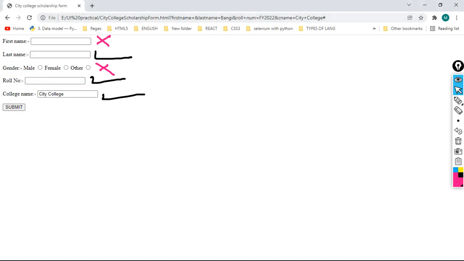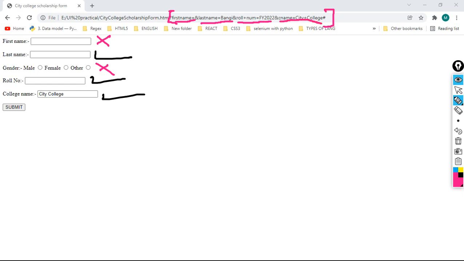I have clicked on submit. See, observe, my form is submitted. See here, observe carefully. From here to here it is the query string. First name doesn't have any value, last name has value Bangi, roll number has value FY 2022, and college name is City College.